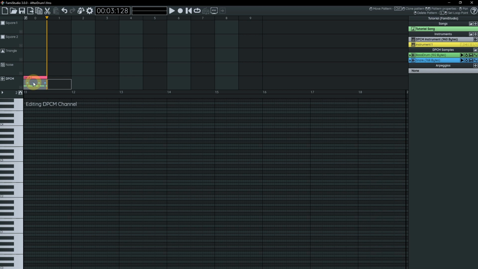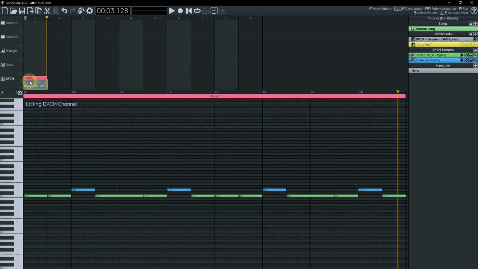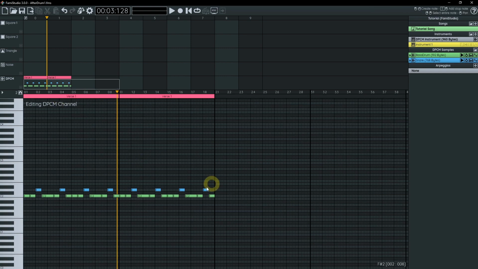An instance is a copy that is kind of linked to the original. It's essentially the same pattern. So as you move the pattern, you can hold Control, and it's going to show you a little link icon. This means you're going to be creating an instance. Here, because they are the same pattern, if I modify one, you can see the note also moves on the